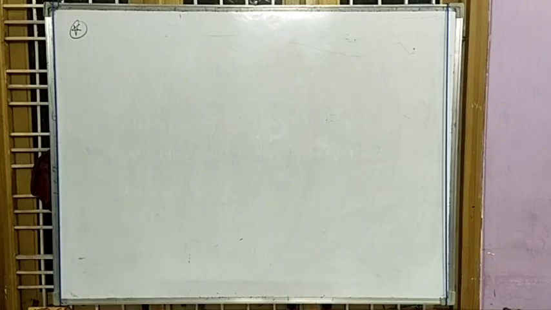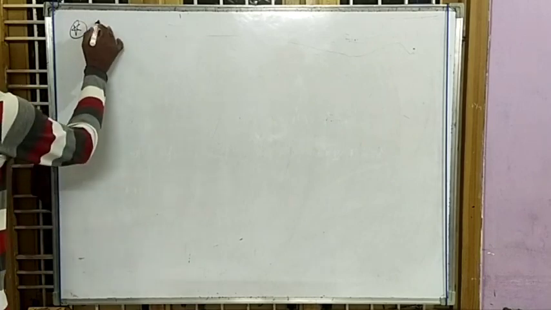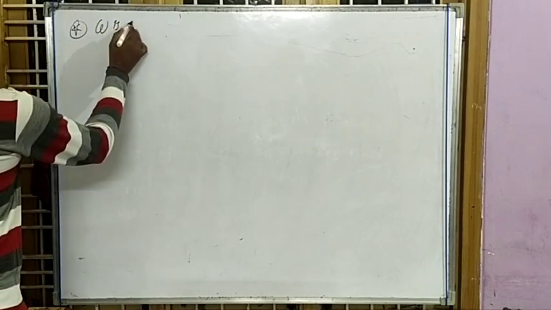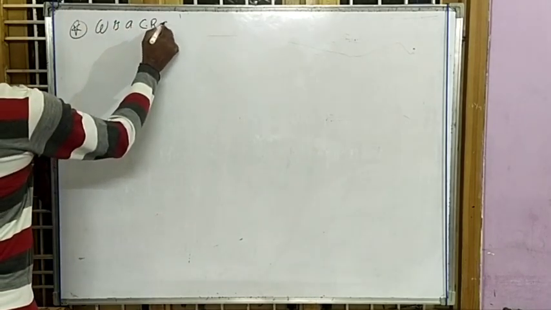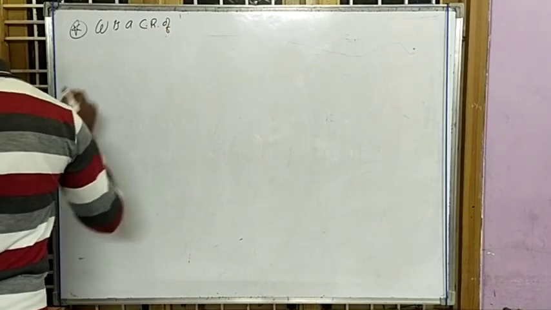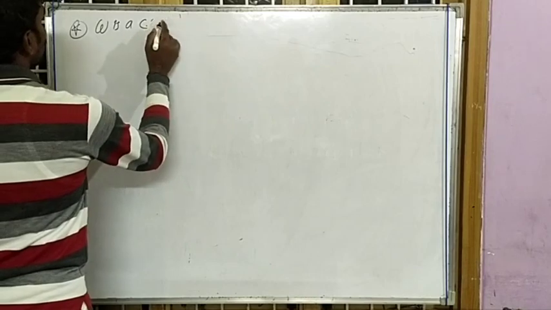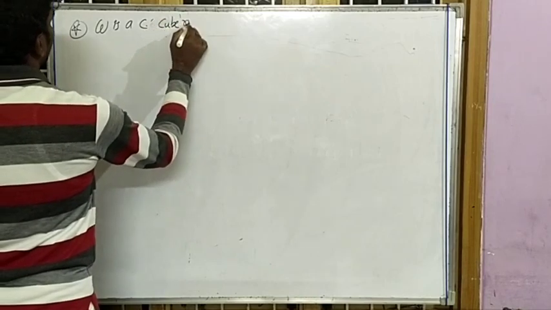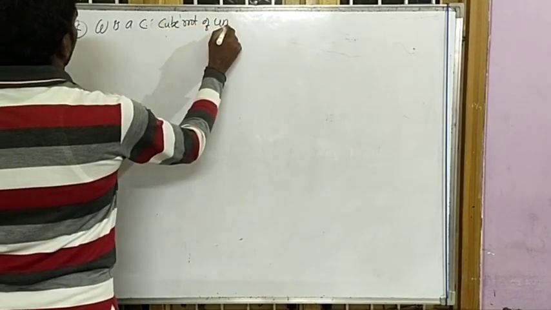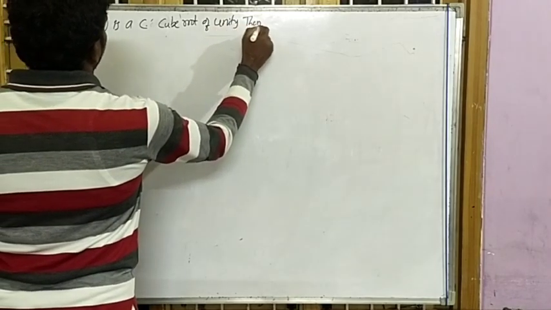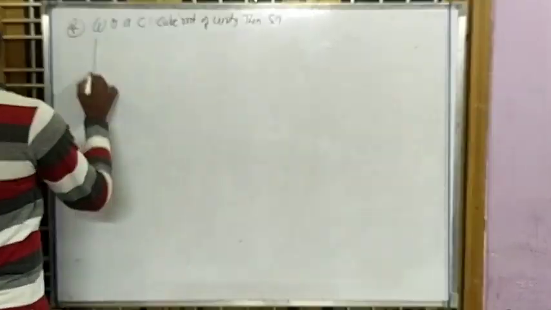Omega is a complex cube root of unity, then show that the determinant